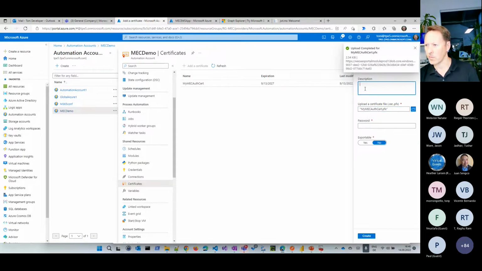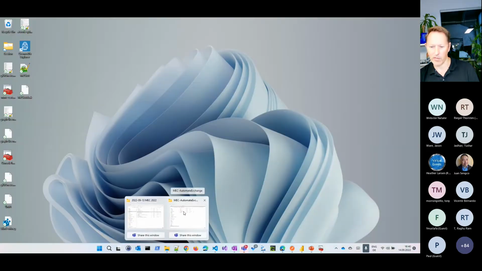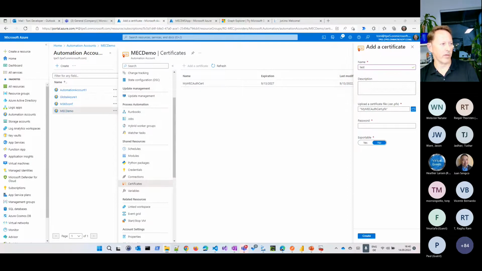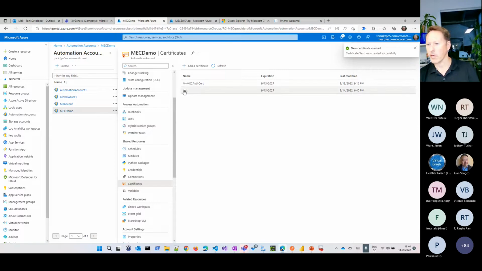Which I think in this case here is the same name. It's stored in that file, so I just have to paste that from my Active Directory or from somewhere. So that would be the password for that. Is it exportable or not? So that would be step 1 here. And the second thing, now I have the certificate imported to my Azure Automation account.